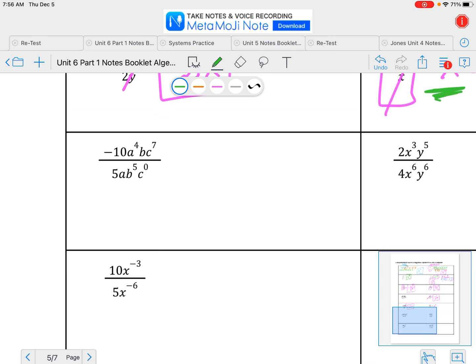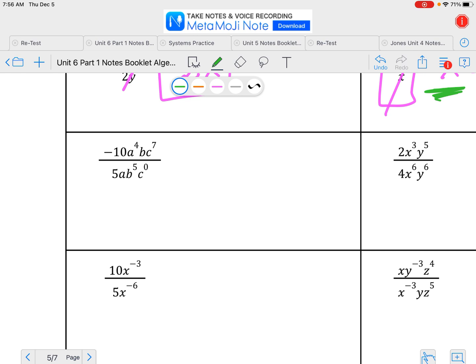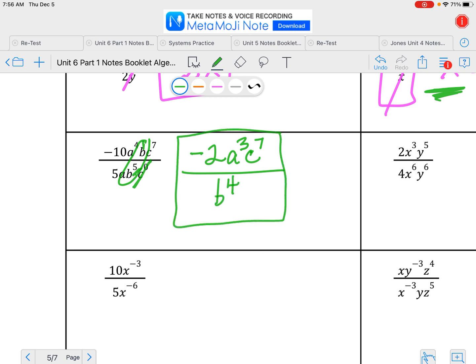So if we look at this one, negative 10 divided by 5 is negative 2. Then the a's we subtract and we get a to the 3rd. The c to the 0 becomes 1, so I can just get rid of it. Then there's a c to the 7th, which does not have anything else to combine with now. If you look at your b's, b to the 5th minus b to the 1st is b to the 4th, but since the most of them were in the denominator, your b to the 4th goes in the denominator, and